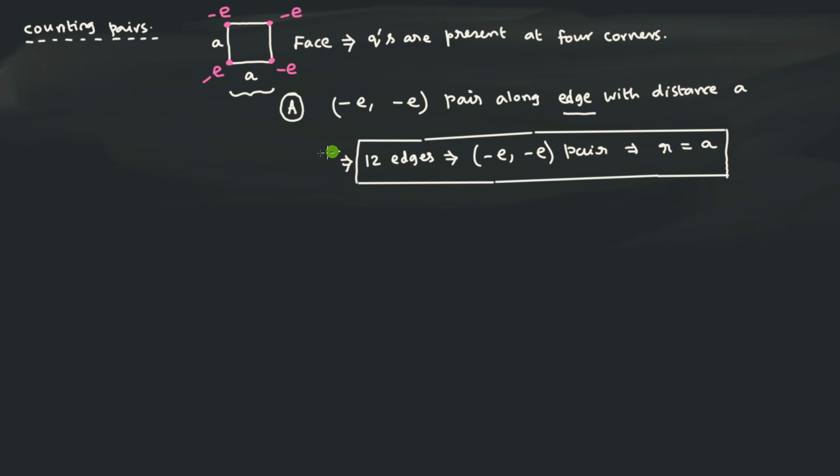So our analysis now shows that we started with a square, then we can easily move on to the cube. So starting with one face, you understand like this. And in the case of the cube, you have 12 edges. So on the two corners of the edges, you have minus E comma minus E charge. That forms a pair. And the distance between the two charges in this case is R equal to A. So this is A. So A means we say that this is called one way of forming the pair.